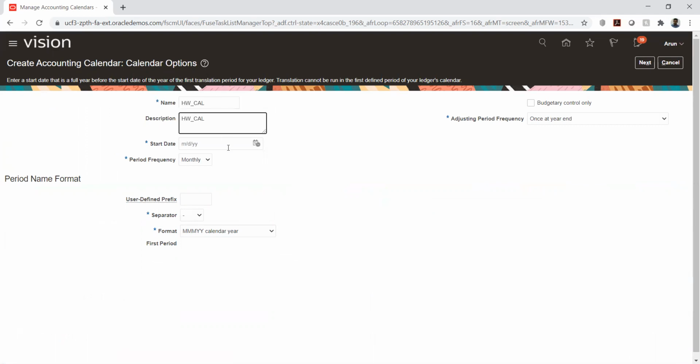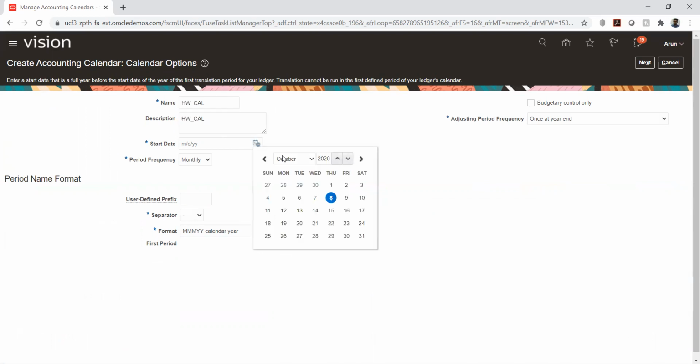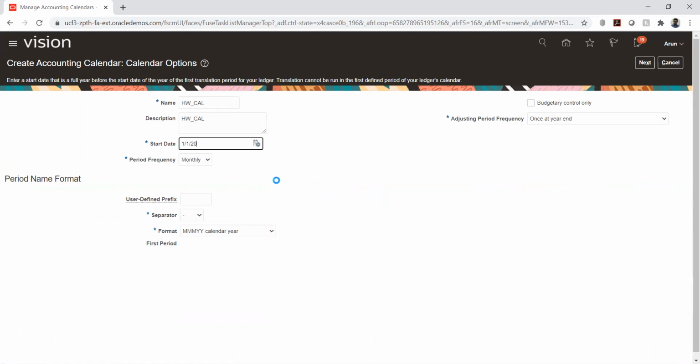In EBS, we cannot automate the calendar creation. We have to use the data loader and update the calendar, or add it month by month as an activity. But here it will be a little different. It is automated to a greater extent.